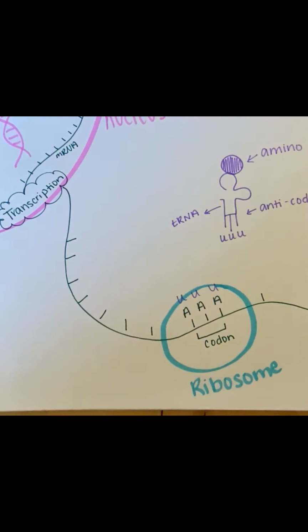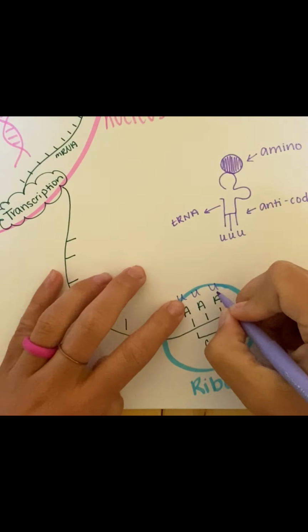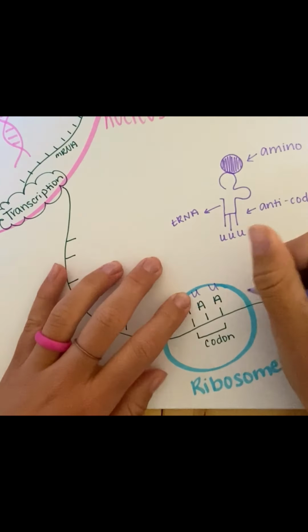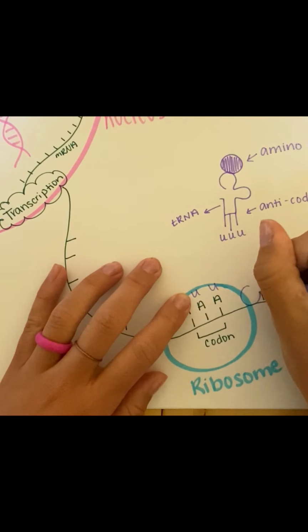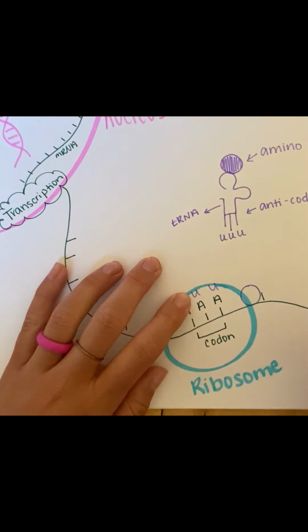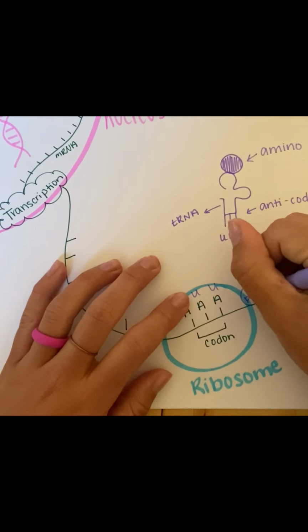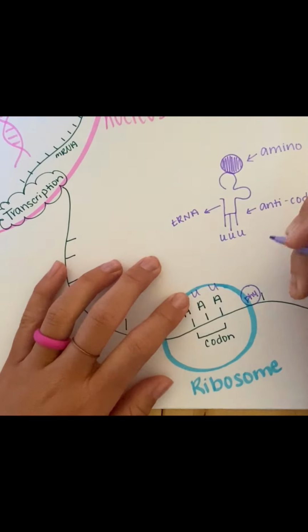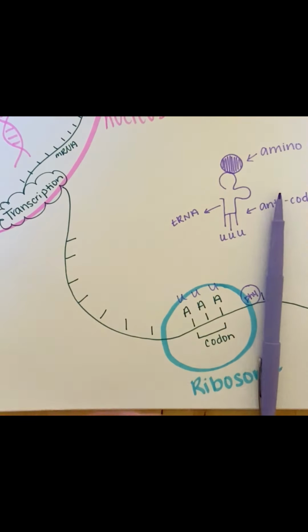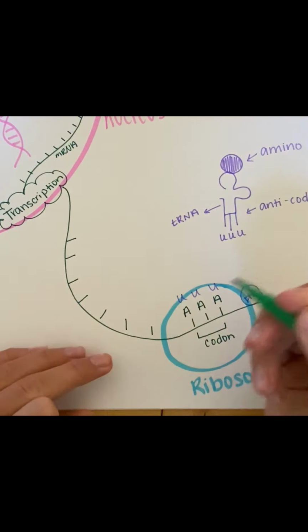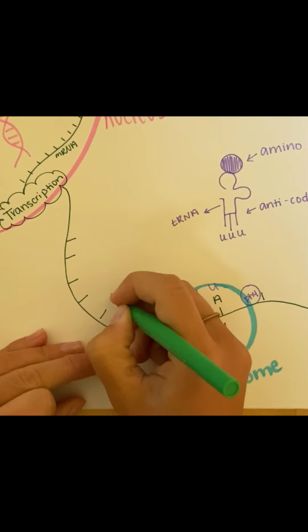All right, so the cool thing about this is once that UUU has come down, it's attached to it, then it drops that amino acid. All right, so for example, UUU, it may be the amino acid, this, okay? So then maybe the next codon that is coming through is going to be, I don't know,